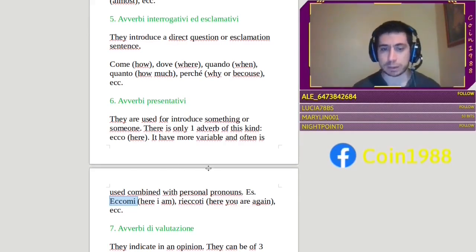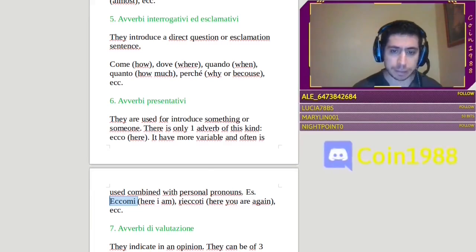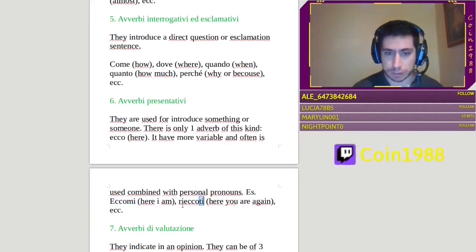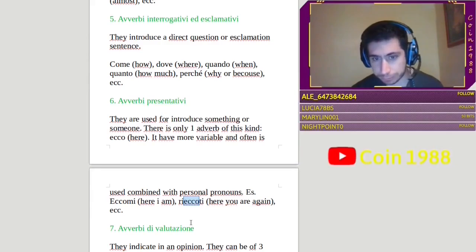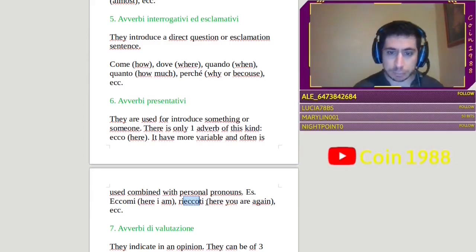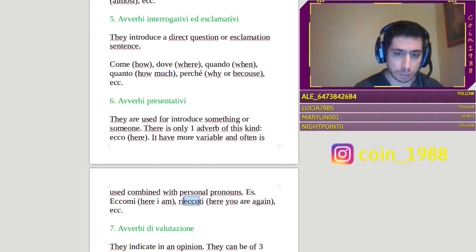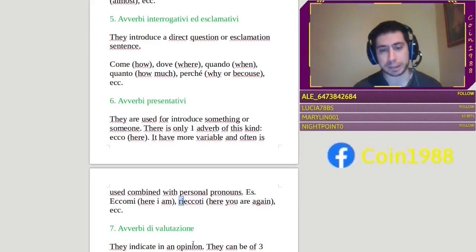In fact, in the second example, there is another variable with ti this time. If you see in the middle, there is always ecco, and the word is rieccoti. Rieccoti means here you are again. To say again, in this word we use ri. Ri means again in this case,